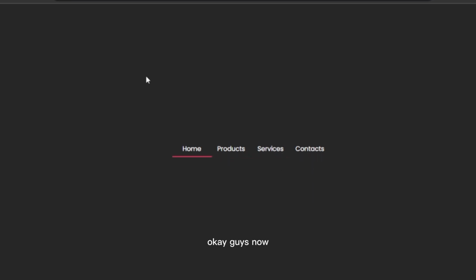Okay guys, now our underline hover animation effect has been done, and I hope you learned something new. So if you need the source code, you can find the link in the